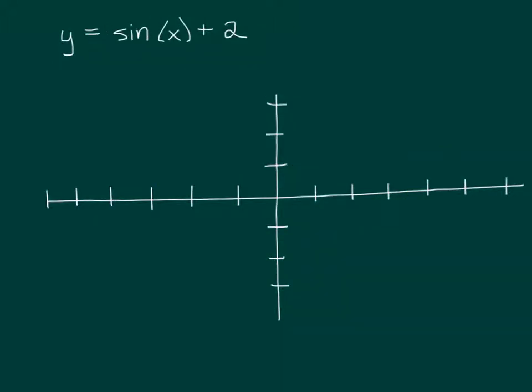Now this one. Instead of adding or subtracting something inside the parentheses with the x, we are adding it outside. So a reasonable person would be able to say that that is not a horizontal shift, it's a vertical shift of up 2. Now, if I were to graph again on the scale 90, 180, 270, 360 like this, if I were to dash in the graph of sine, like this,